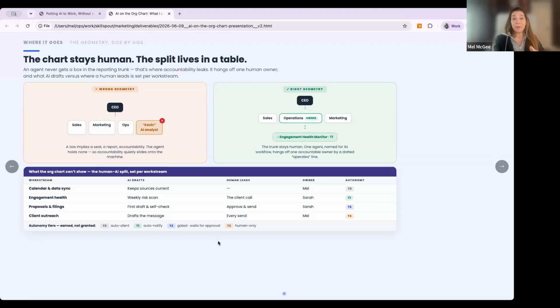Per work stream, what the AI drafts and where a human leads, each with an autonomy tier that's earned, not granted. Most rows stay human-led on purpose. So that's what we're doing internally here. This is part of cultural AI. This is the governance piece. This is what I'm talking about.